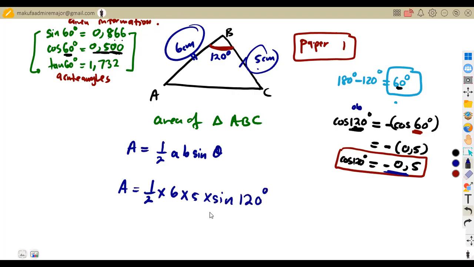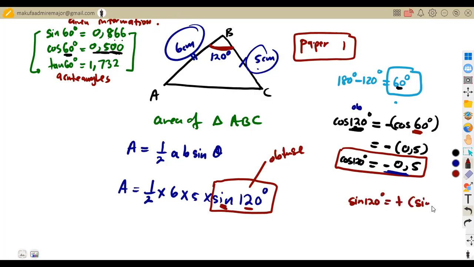We are back again to the limitation of our paper 1. We do not have a calculator, and we need the value for sine 120. What is 120 representing? That's an obtuse angle, and we are given the acute angle. So what is the relationship between sine 120 and its corresponding acute angle? Remember, for all obtuse angles, it's only sine which is positive. So the sine of 120 degrees is going to be the positive of sine 60 degrees, which is our acute angle, and we are given this. It just remains positive, which is going to be